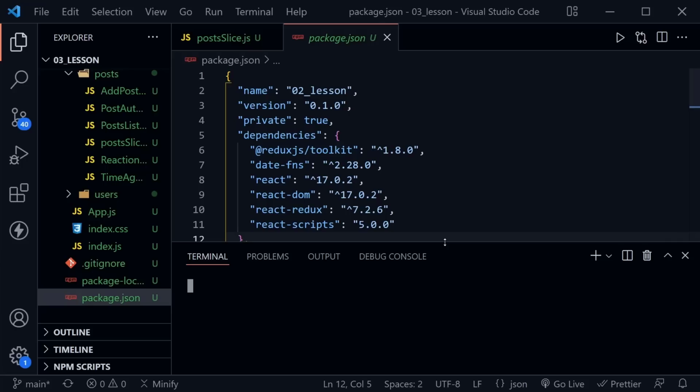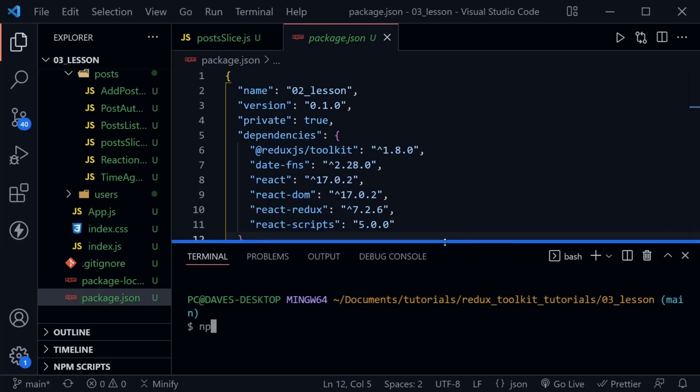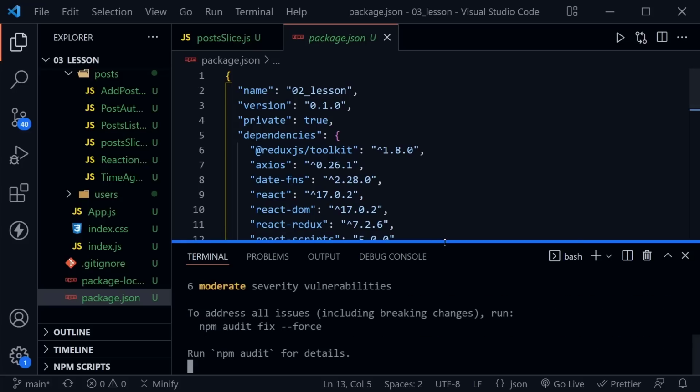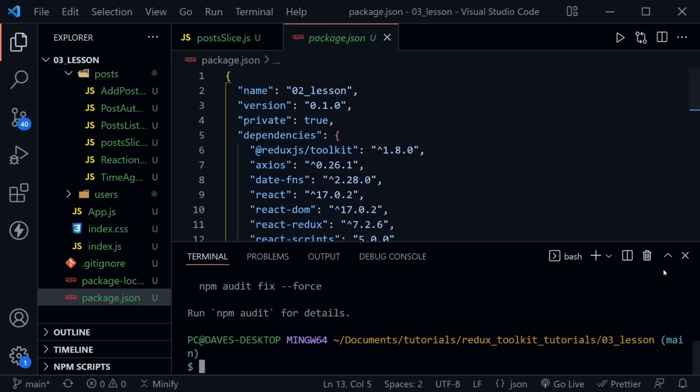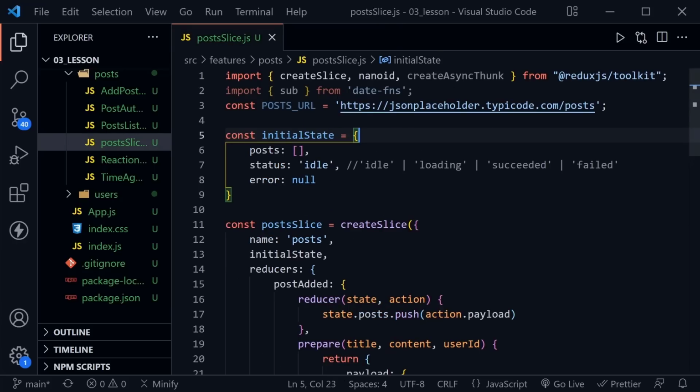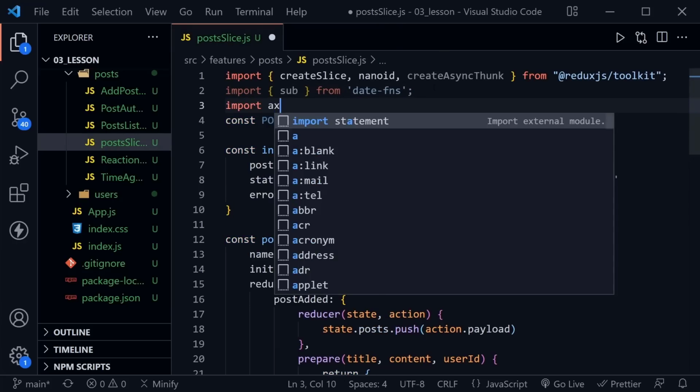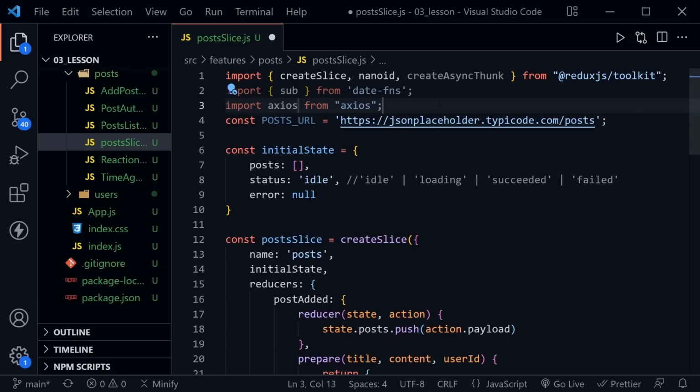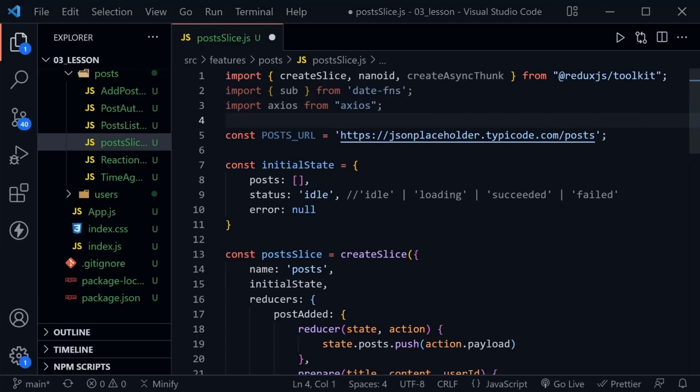So let's open the terminal and say npm i axios and install the Axios dependency so we can use it inside of our async thunk. It installed very quickly. We now have Axios here inside of our dependencies in the package.json. I'll go back to the post slice and let's also import Axios. Okay, with that import complete, I'm just going to put a space there between the imports and the definition of